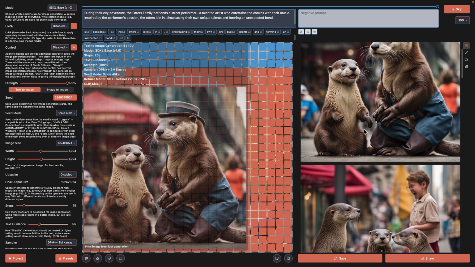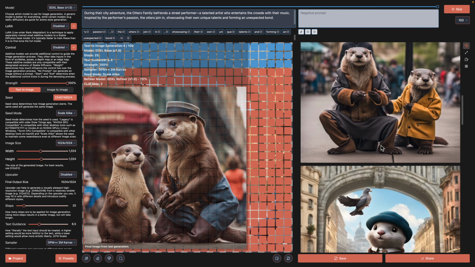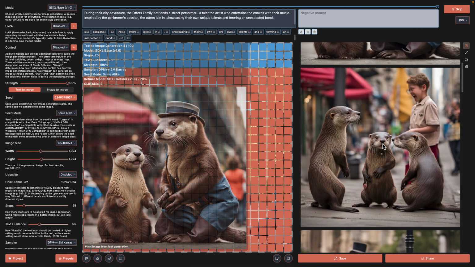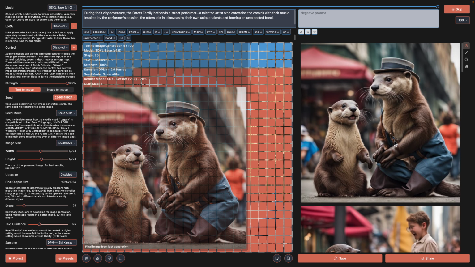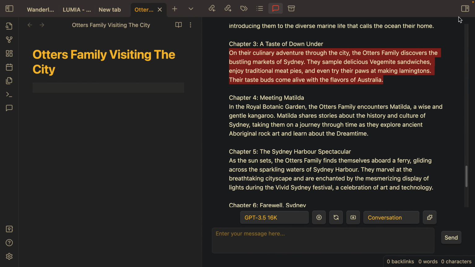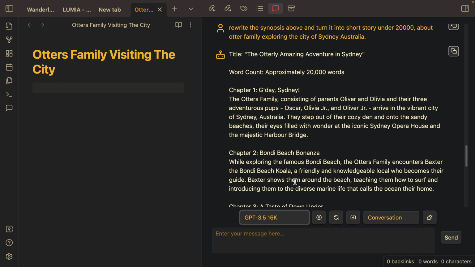Oh, see, this one already. Pigeon, street busking. They're performing, maybe dancing, make people happy. Okay, stop there. So obviously GPT 3.5 is not enough for this, and it could probably never be enough.